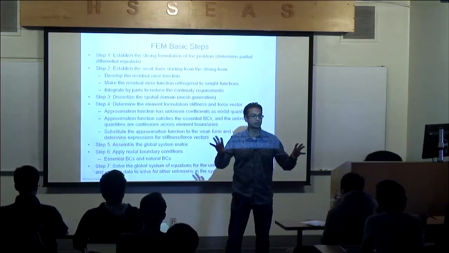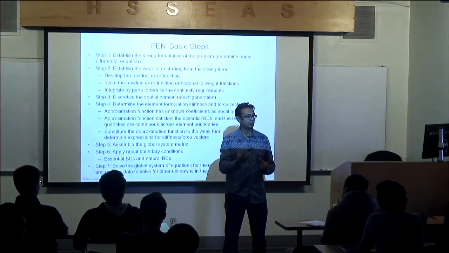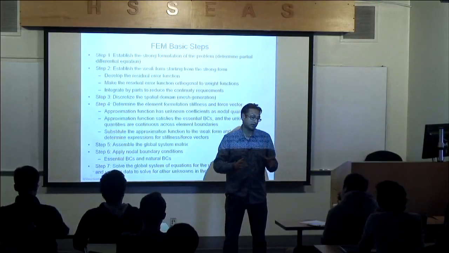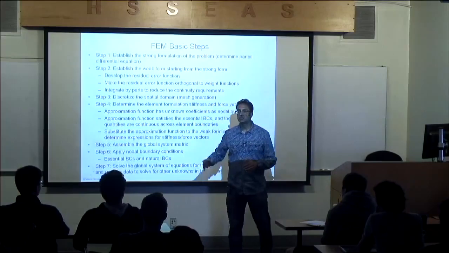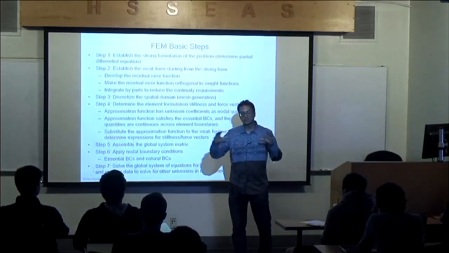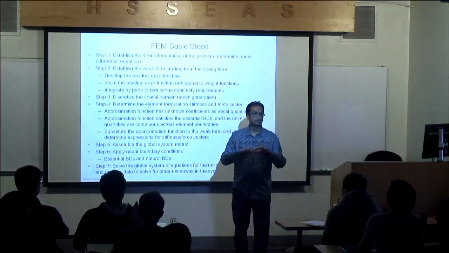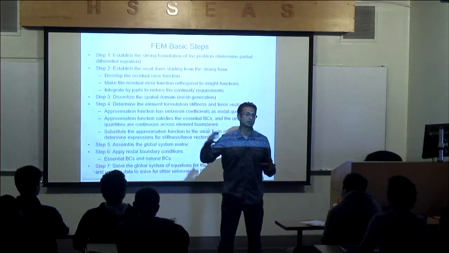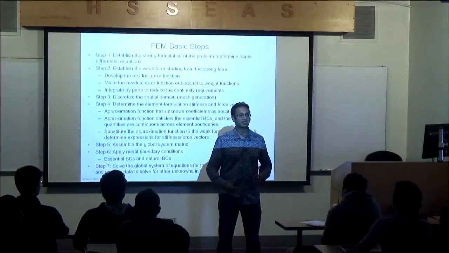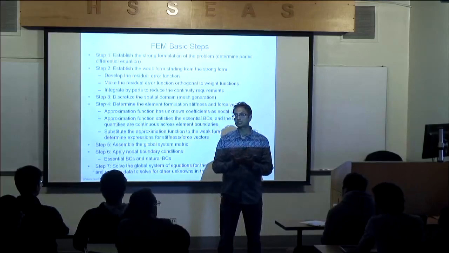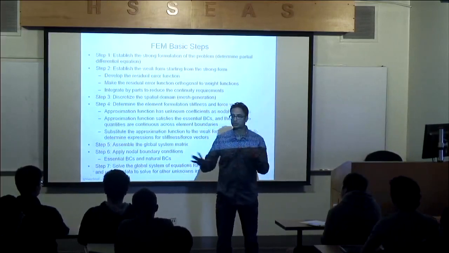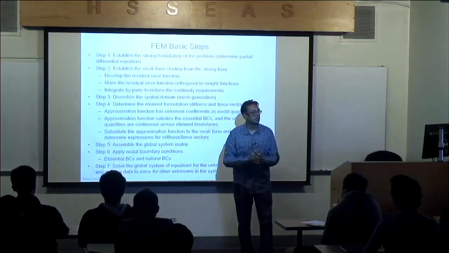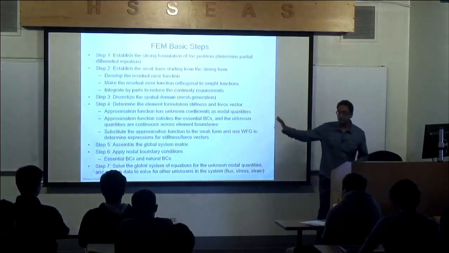By decoupling these two, now every element will have a Jacobian, and now I can just solve the partial differential equation over a standard element. And what I will do next is assemble the system together. Once I assemble the systems together, I apply the loads, I apply the boundary conditions. Now I'm able to determine the stresses, strains, displacements, and so forth. Although we haven't done that yet, we did it for heat transfer where we determined the temperatures. Is that correct? Okay. So if I summarize this slide for you,